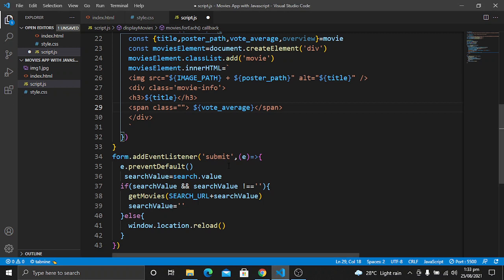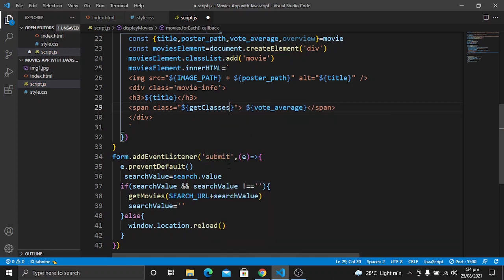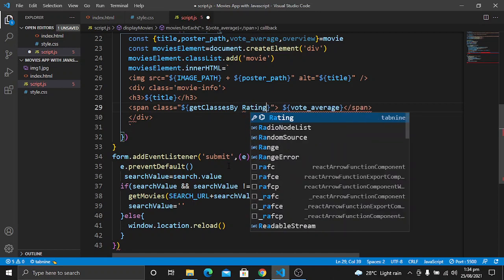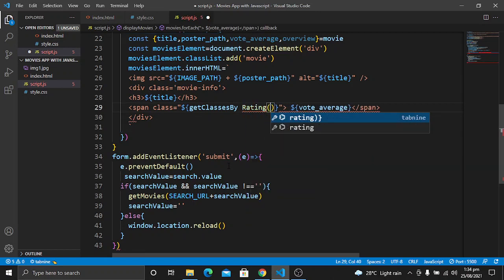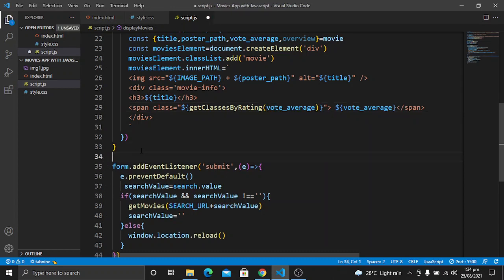For this I will create a function. First use the dollar sign and curly braces to write the JavaScript here. So I will create a function getClassesByRating, and then I will pass this vote average here. So let's create this function here.